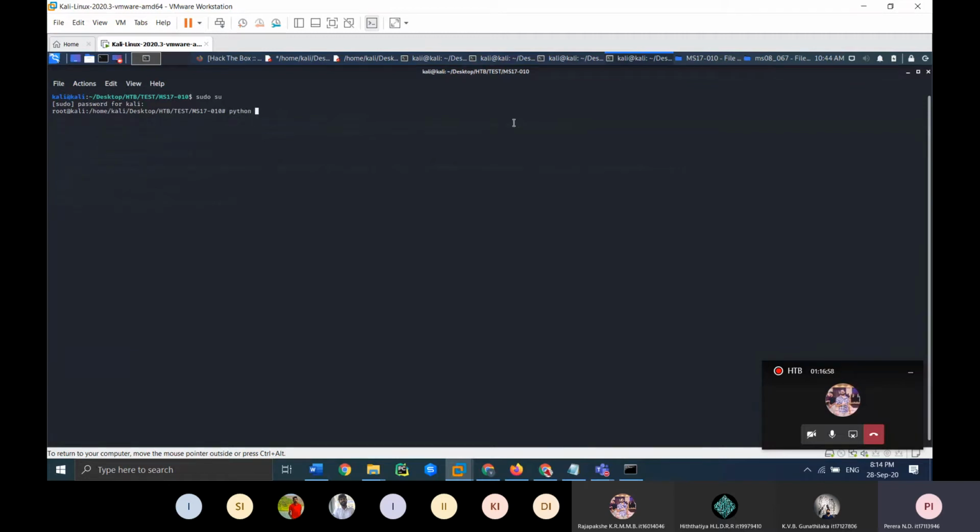So now we will be attacking using the send and execute.py file, specifying the code and everything.